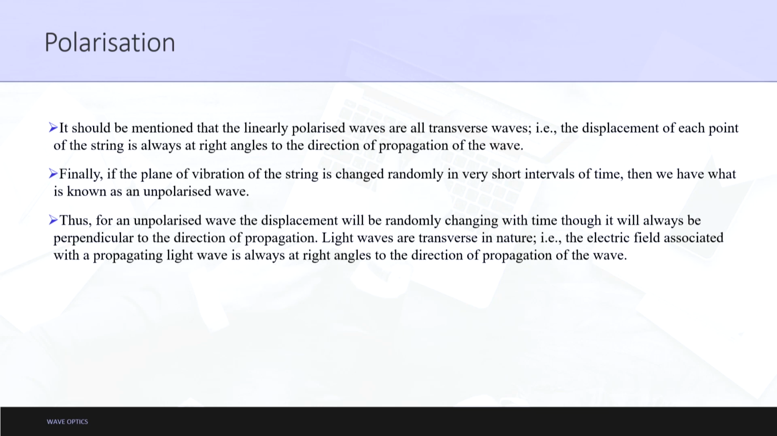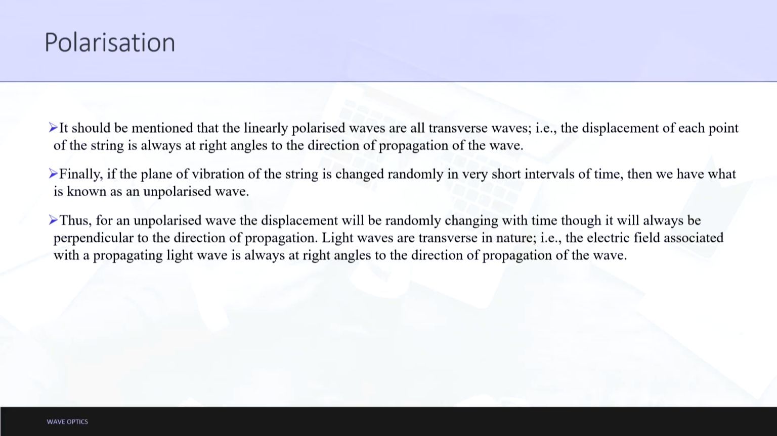Let us move on. It should be mentioned that linearly polarized waves are all transverse waves, quite evident, because everything is happening in a linear sense. If it is happening in a linear sense, it is for sure that it will be perpendicular to the direction of propagation of light. Either it can be, if I try to explain using different equations, or let us suppose, anything,